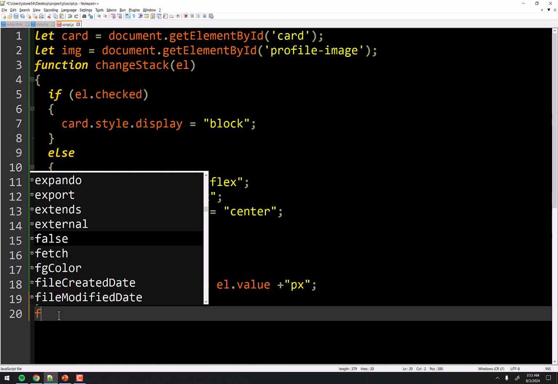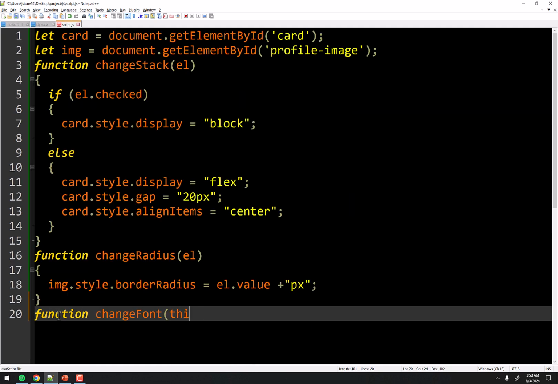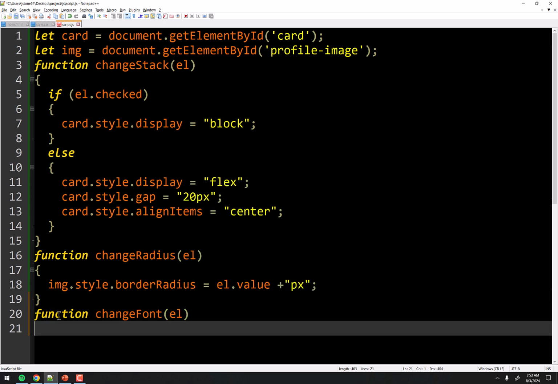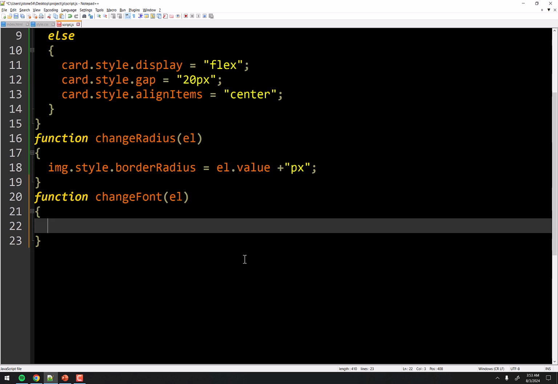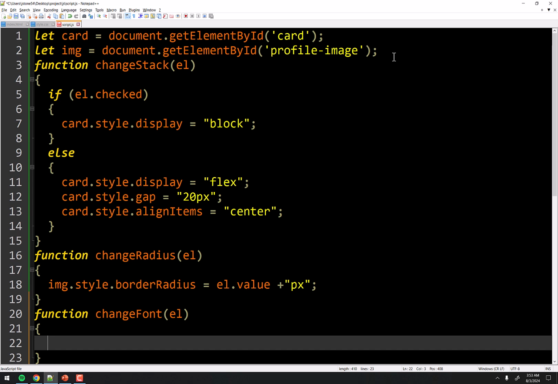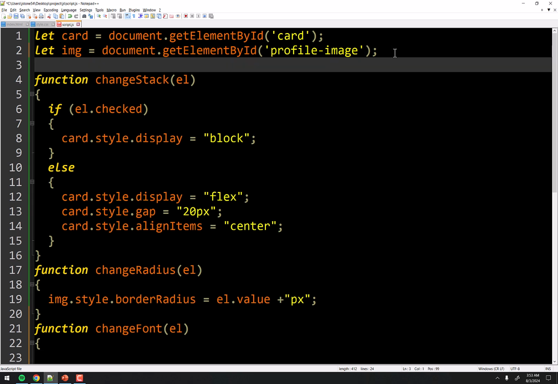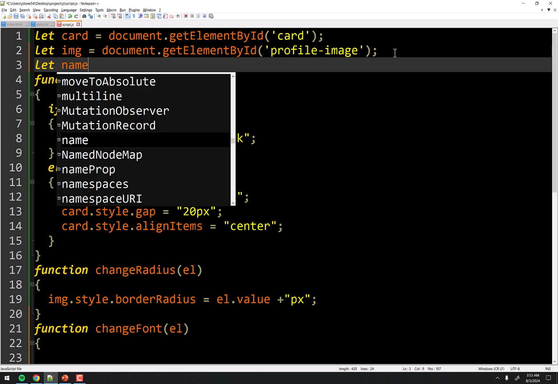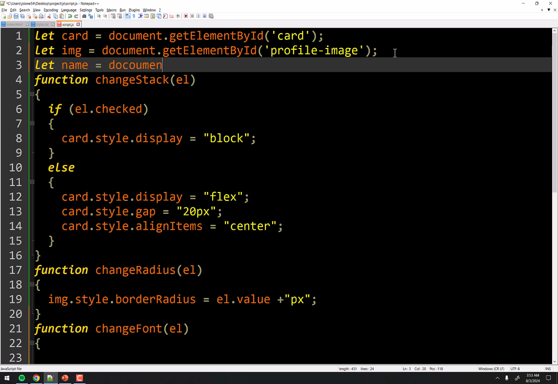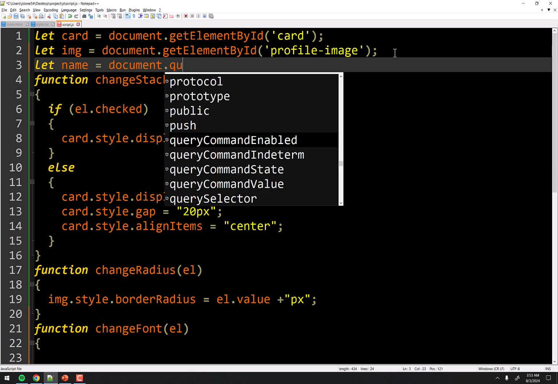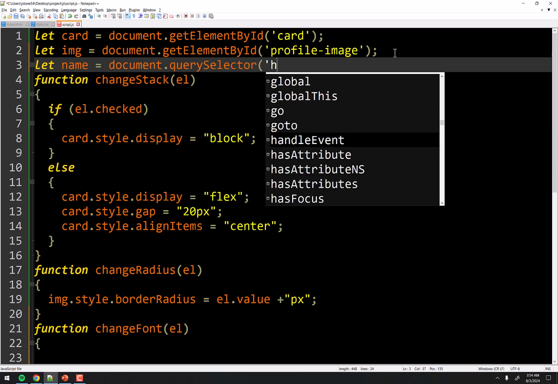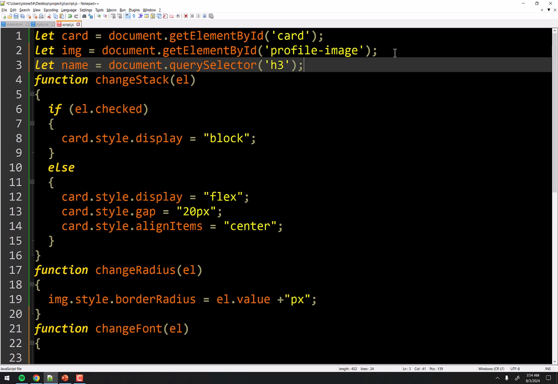So again, it's a really small function, right? Function that, and we'll just use element again. It's good enough a variable as any. So we need to get our hands on that text. Well, we are going to manipulate that text a couple of times too, because we're going to change the color of it later. So might as well get that here too. And we can say now there's two texts, right? There's a phone number, and then there's also your name. So we'll call it name equal document.querySelector. And I believe it's the only H3 in the document, so I think we're safe doing that.